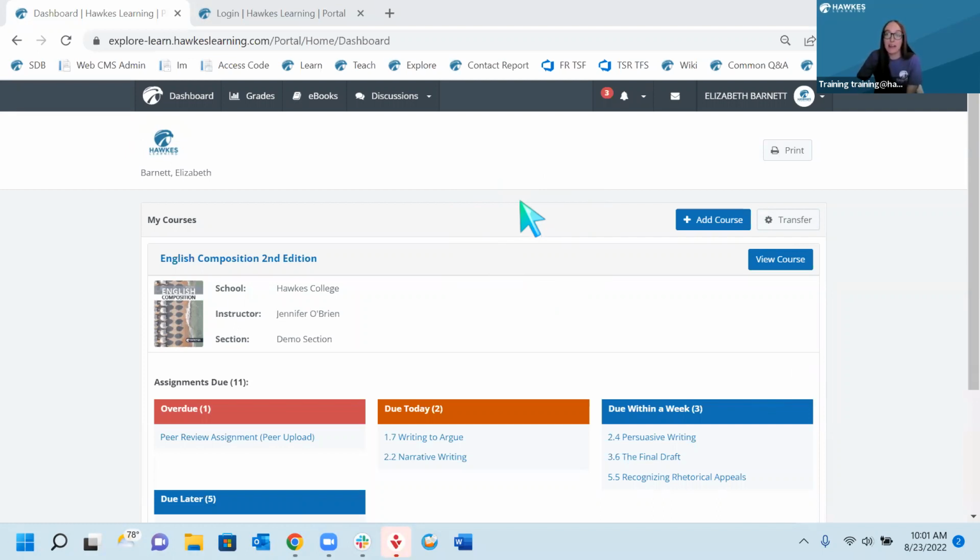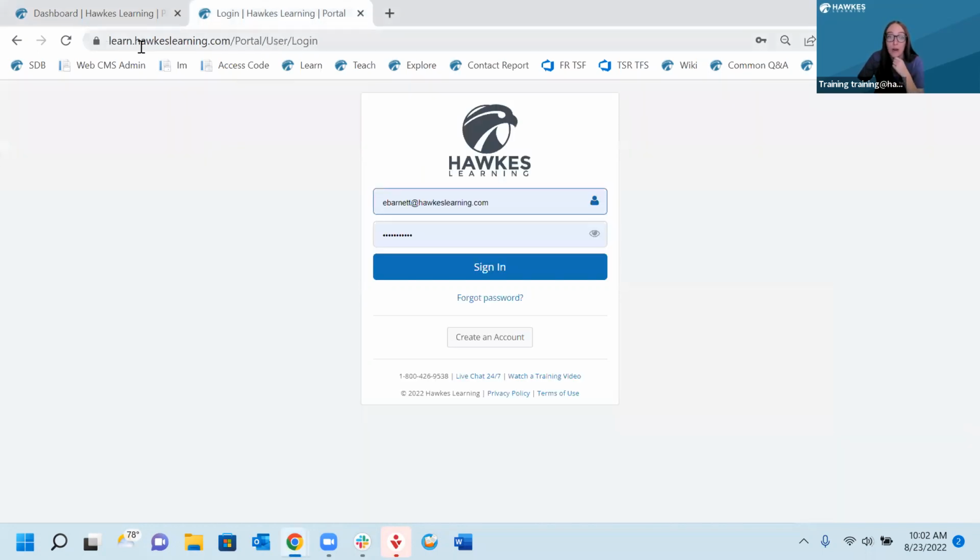So it will depend a little bit on what your school prefers. If you use an LMS like Canvas or Blackboard, you might be able to click on a single sign-on link through your LMS. And from there, you'll essentially bypass the account creation process and you'll be able to add your course straight from the dashboard. Now, if you are not using an LMS like Canvas, Blackboard, D2L, Brightspace, or Moodle in your Hawks course, you can just go ahead and go directly to our website that your student account is found on,